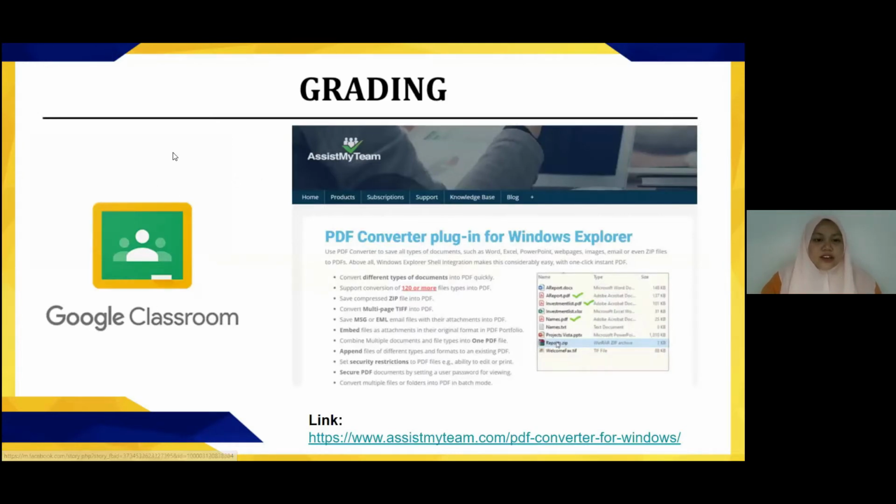And now for the grading part. Sorry if I'm going super fast. I really hope to cover everything today. And next is grading. All right, for grading, for me, it's very tiresome when you have to open each of